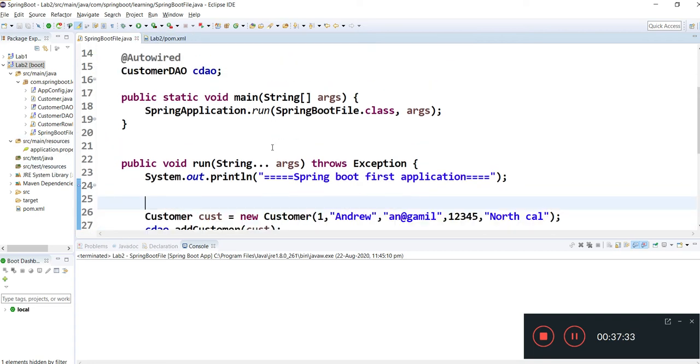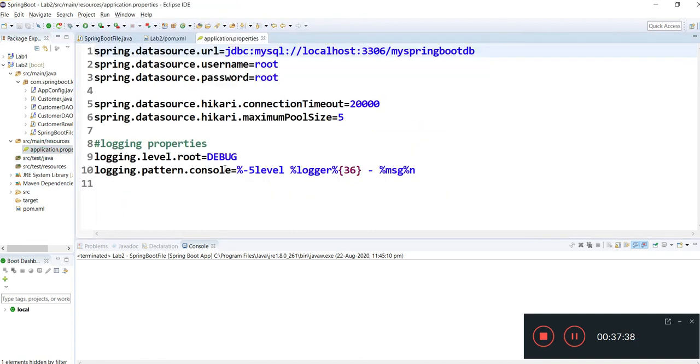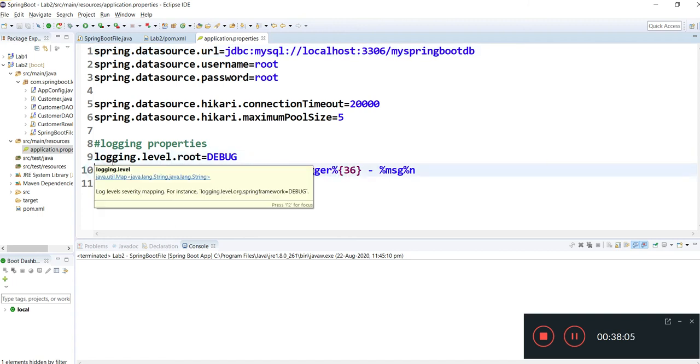Might be application.properties. This is printed in the data source, this is also correct, syntax is also correct. We had made changes only in this application config, right? I think there is some issue here. Yeah, this is the issue.